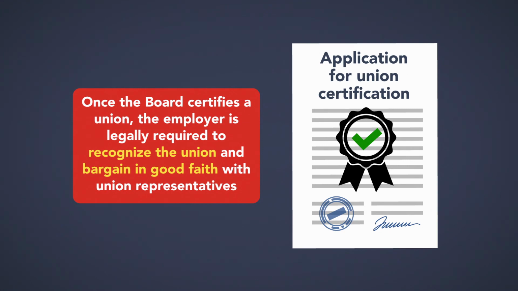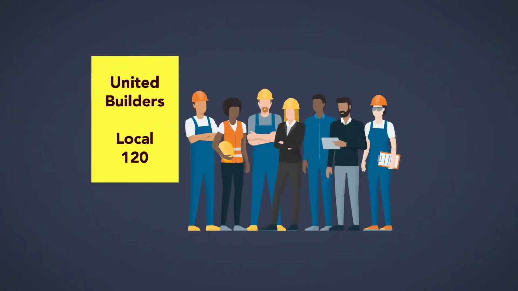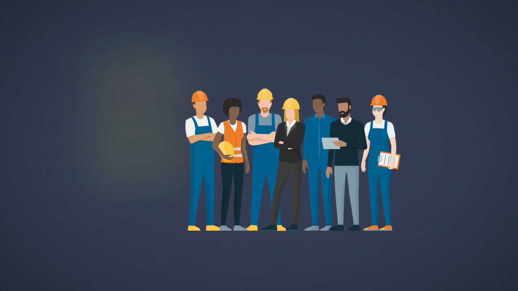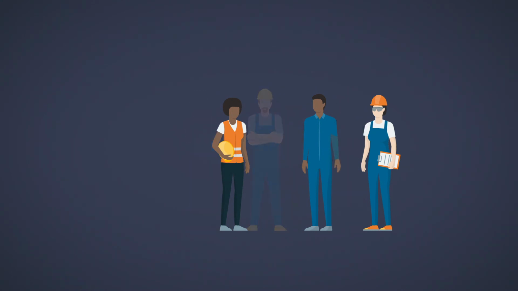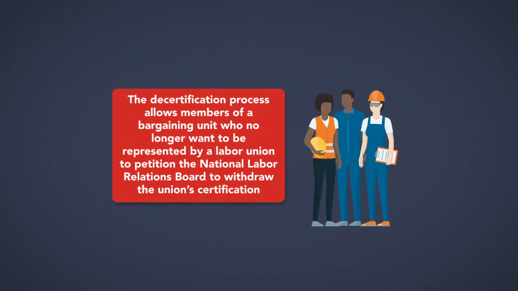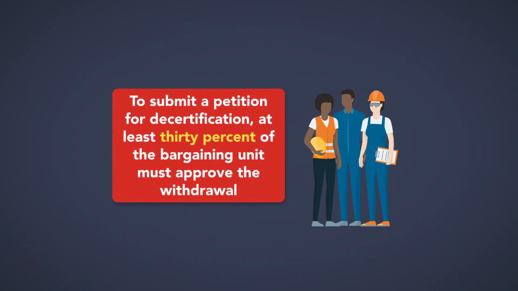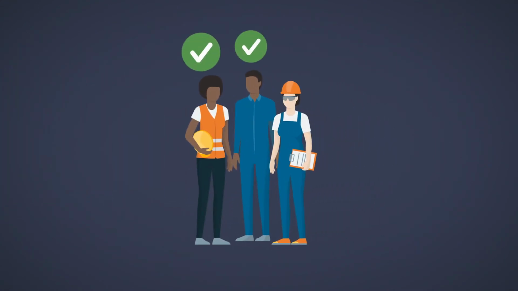with union representatives. It is sometimes necessary for a union to dissolve or for individual members to leave the collective. The decertification process allows members of a bargaining unit who no longer want to be represented by a labor union to petition the National Labor Relations Board to withdraw the union certification. To submit a petition for decertification, at least 30% of the bargaining unit must approve the withdrawal. After moving past the petitioning process, the majority of the bargaining unit must vote for the decertification